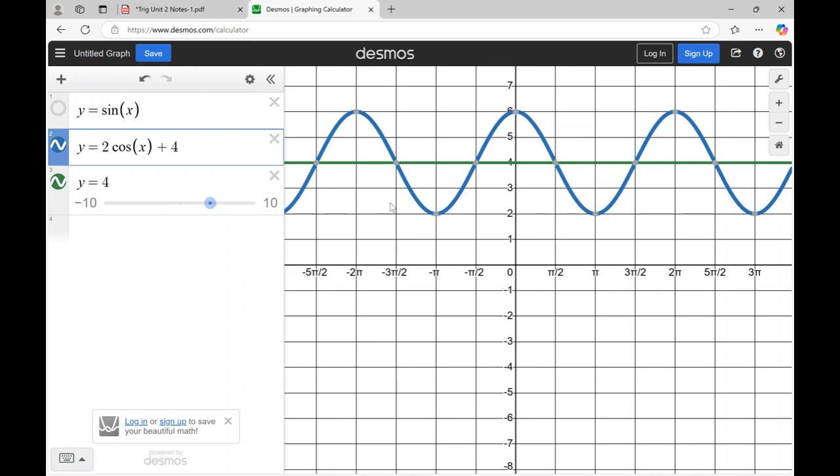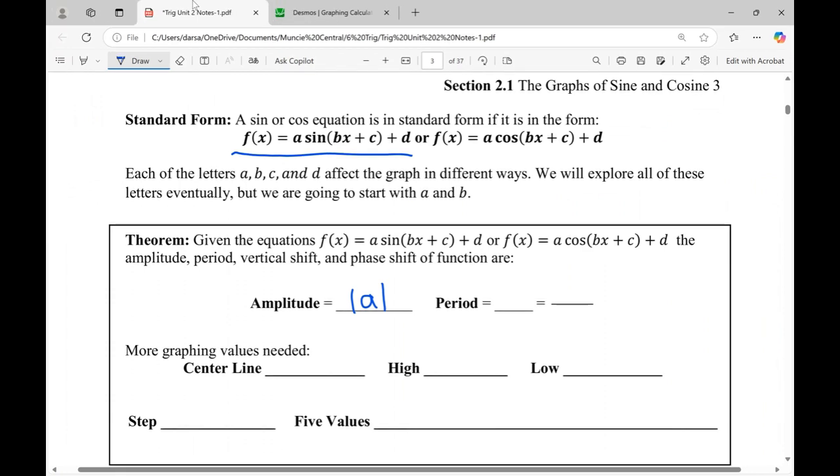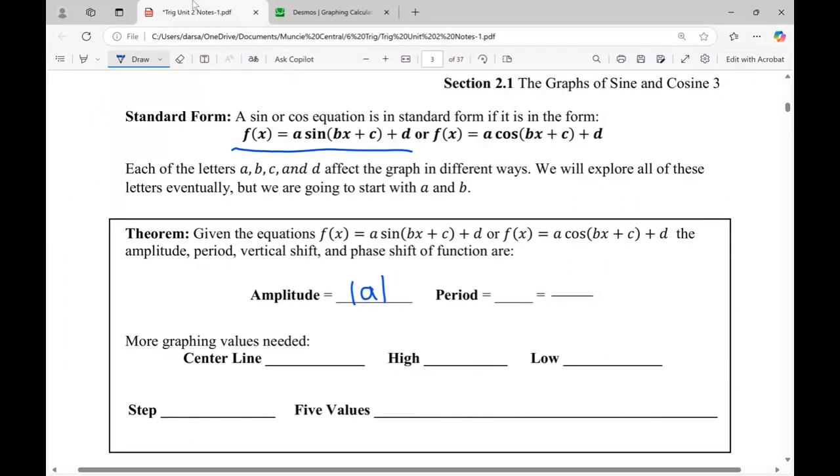So we can also, if we know the center line and the amplitude, we know what are the y values for those highs and what are the y values for those lows. So what is the center line of any graph? Well, that is given to us by the value of d. Once you know where that center line is, if we add the amplitude, that will be where all of the high y values go. And if we take that d and subtract the amplitude, that's where all of those low y values go. Notice when I'm saying add and subtract the amplitude, I'm talking about the absolute value of that